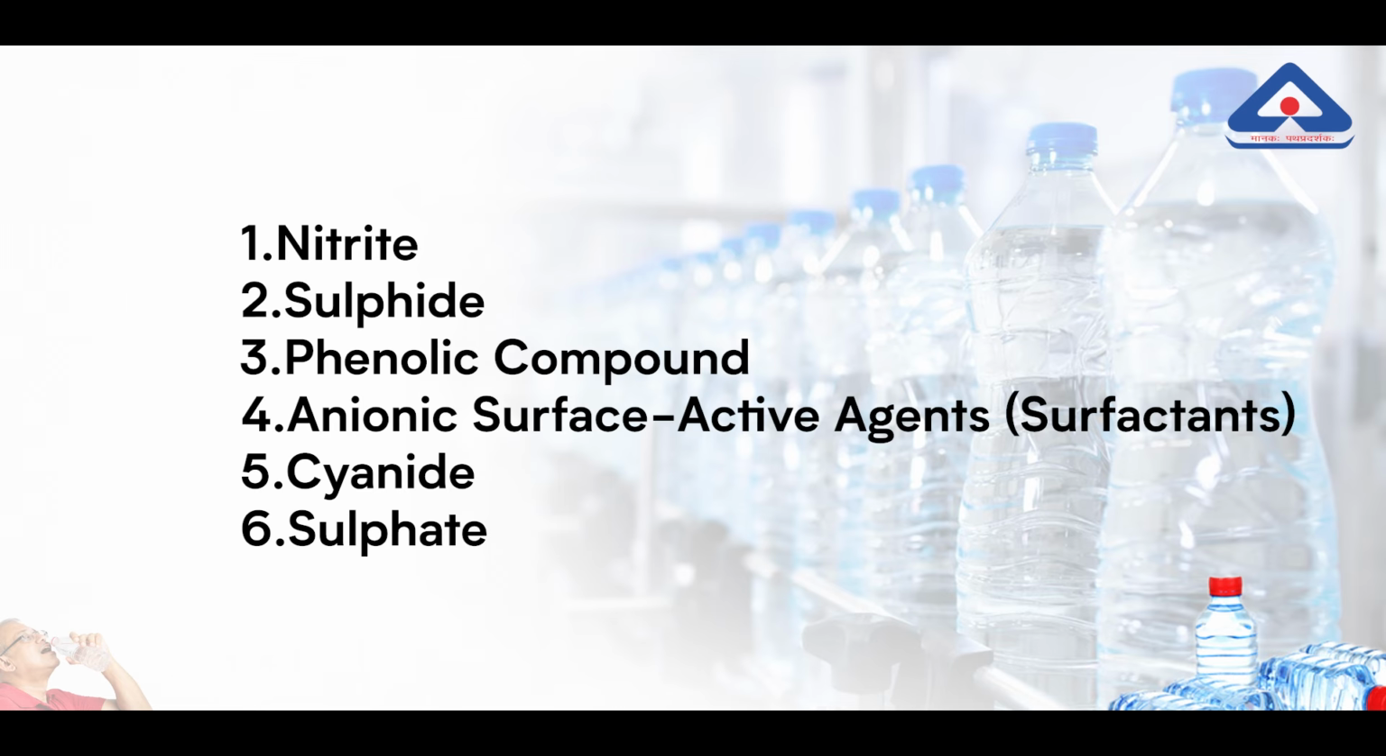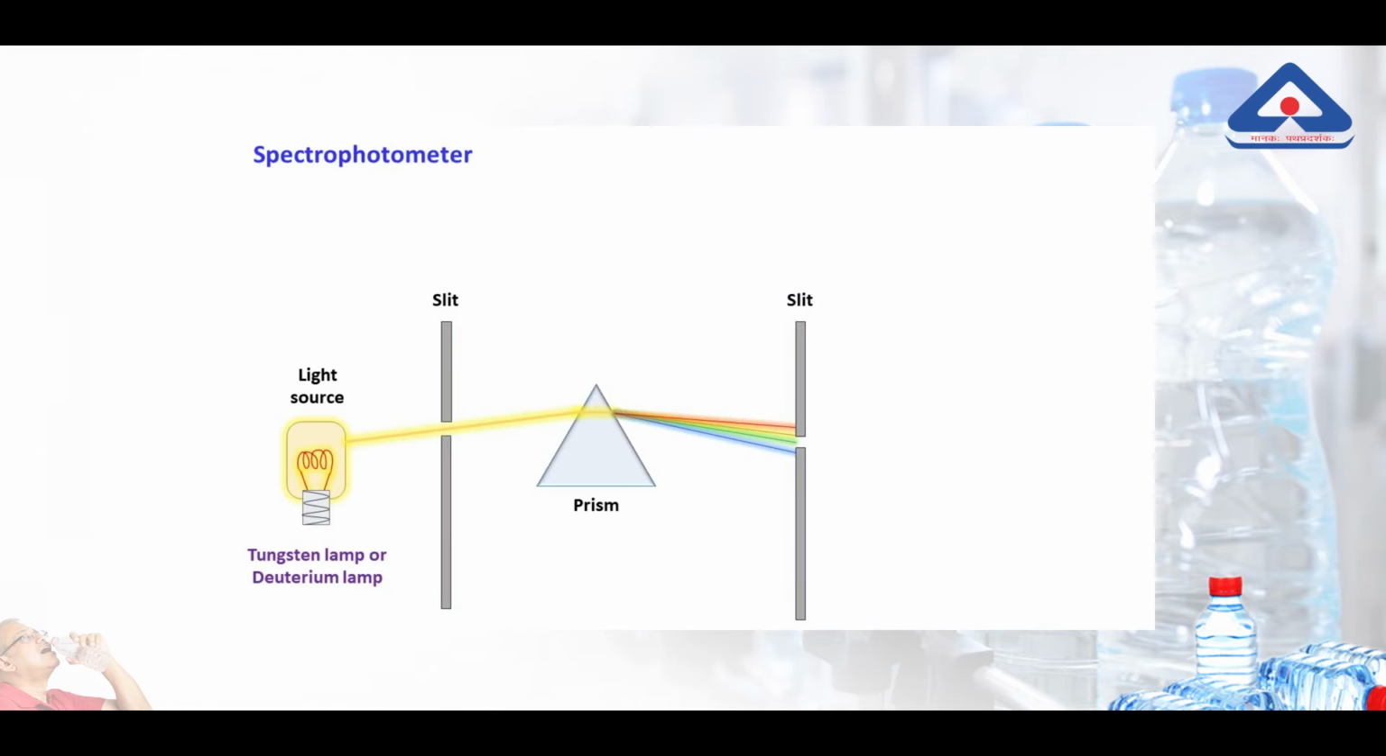1. Nitrite, 2. Sulfide, 3. Phenolic compound, 4. Anionic surface active agents, surfactants, 5. Cyanide, 6. Sulfate. The UV visible spectrophotometer operates on the principle of measuring the absorption of ultraviolet UV and visible